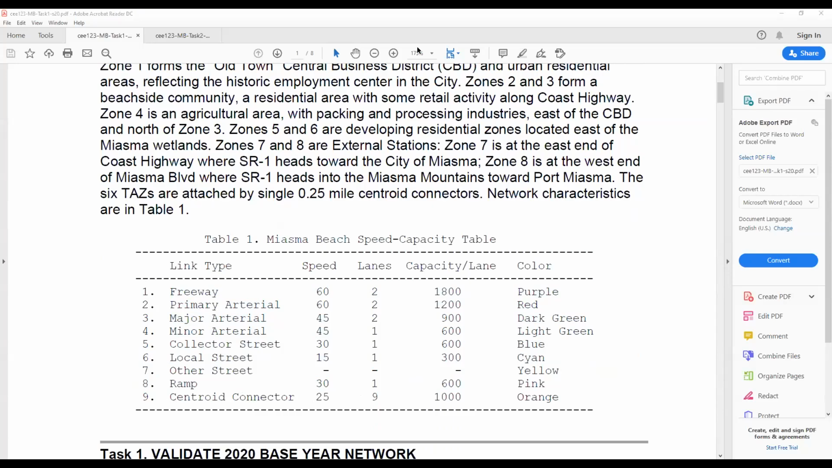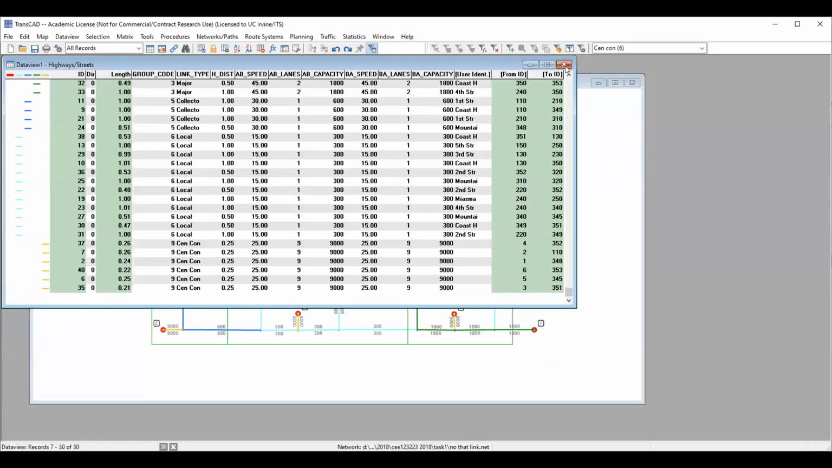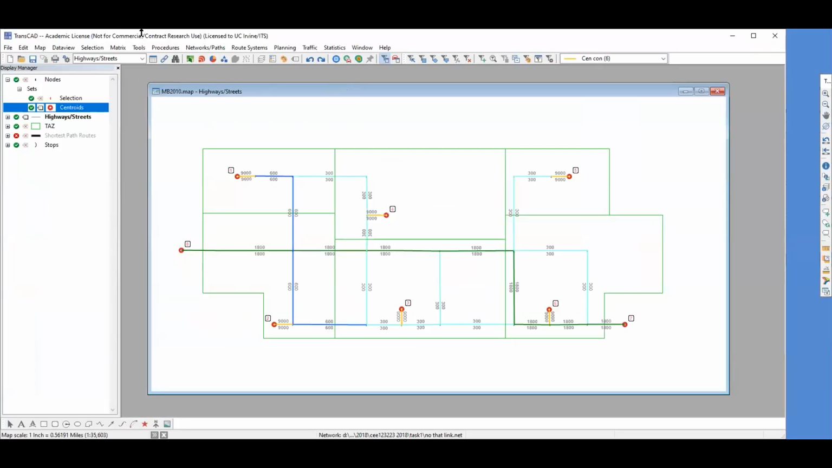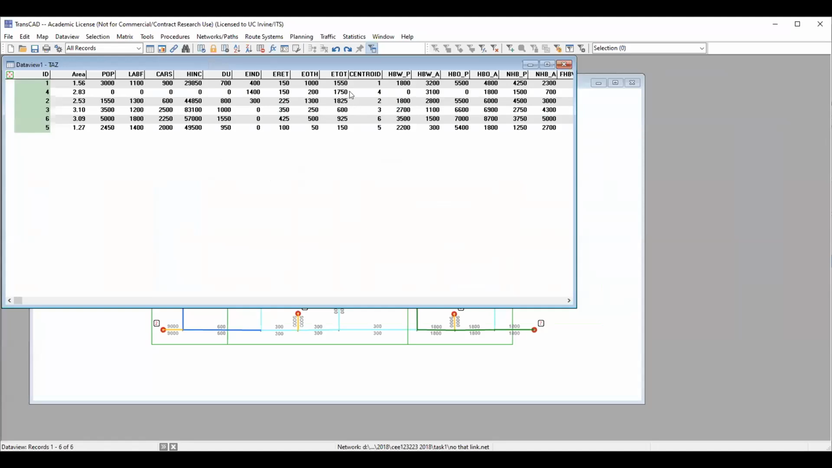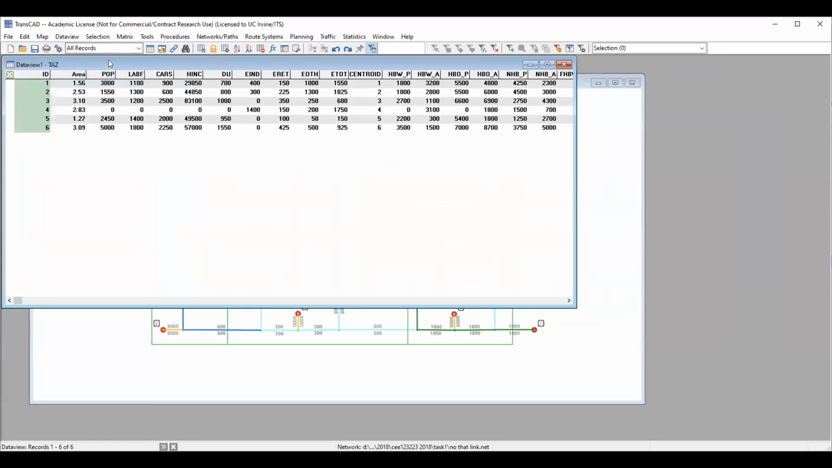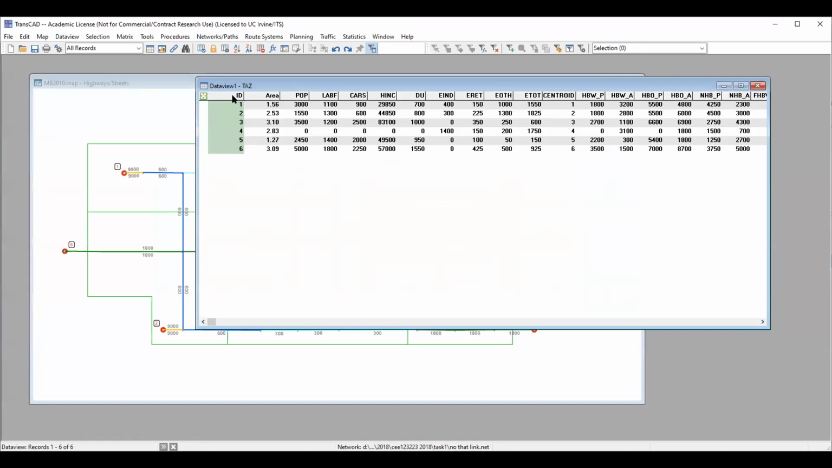Okay, let's go back to TransCAD. So now we go to the second part of task 1, which is edit TAZ. So now you have the TAZ window open. Remember, always order it by number from small to large. So this is already correct. Just follow the steps